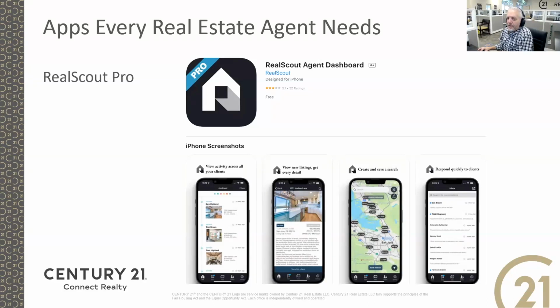Real Scout Pro is your version of it, which is for the agents, and it allows you to track things like your clients' activities on their Real Scout. Okay, Real Scout Pro is the one for you as an agent to download and put on your phone. And of course, because the brokerage is paying for it, Real Scout Pro is free to you.